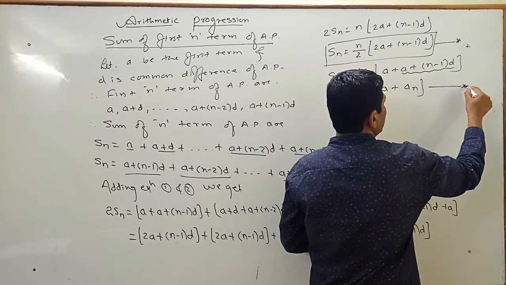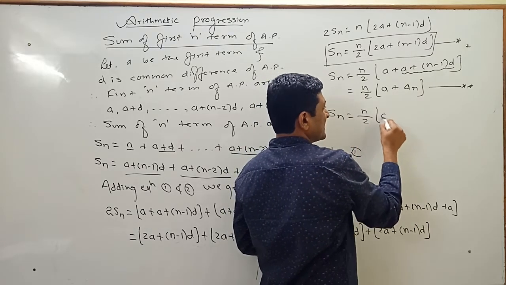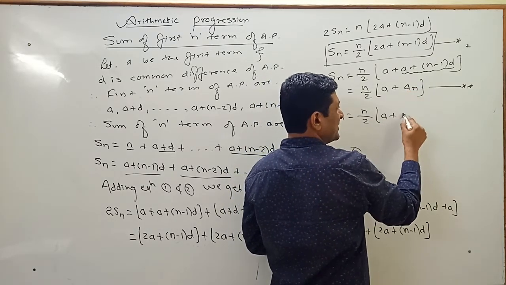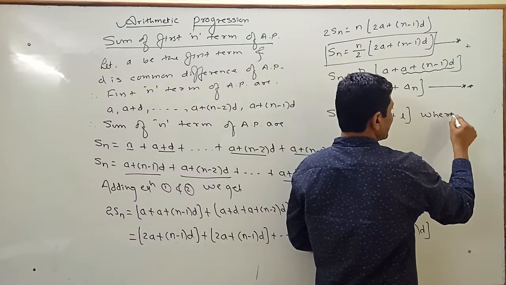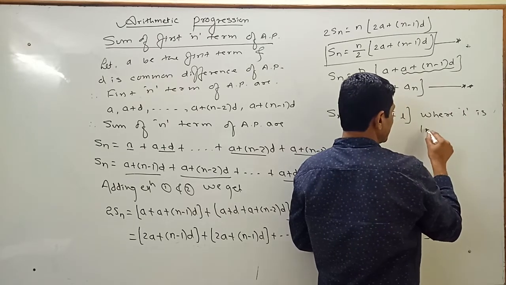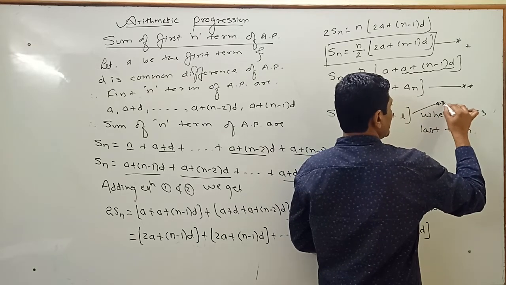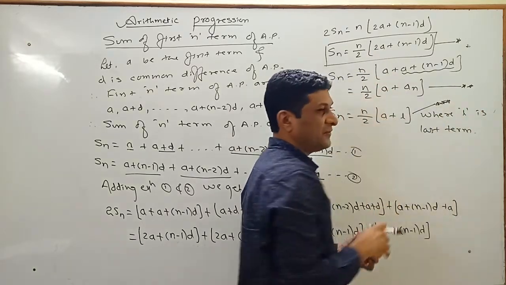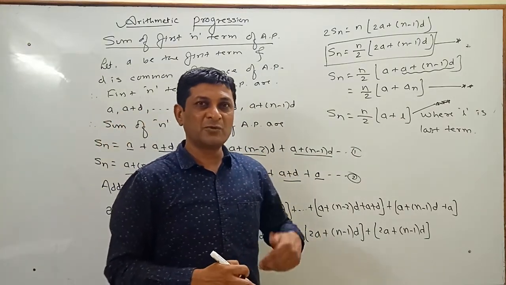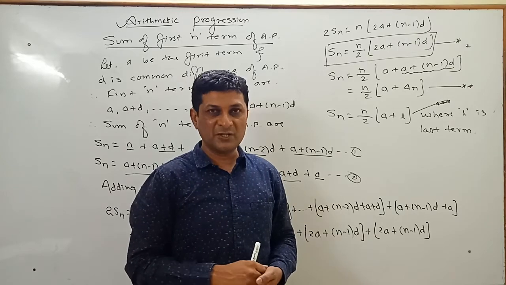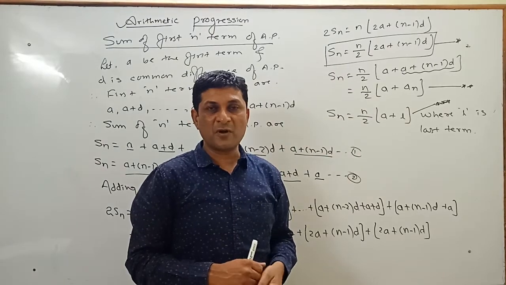So this will be the second important formula, and Sn is equal to n by 2, keep it as it is, a plus an, sometimes denoted by L, where L is called the last term. In this way we have got the third formula. So here we have got three formulas to find the sum of n terms. Which formula we have to apply depends on the given condition in the example. So by applying these formulas, we will solve examples from the next exercise.